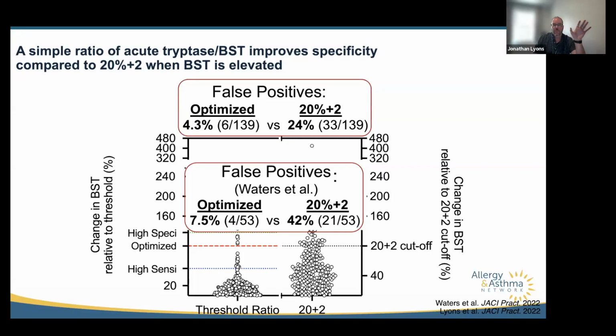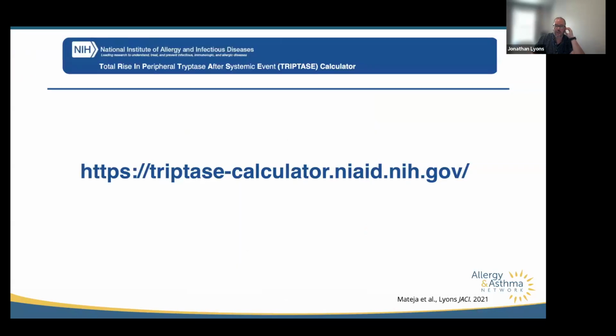While the 20% plus 2 works great if you have someone with a normal tryptase level, around 4 to 5, in fact, 20% plus 2 and 1.685 are exactly the same for a level of about 4.6, which is roughly the median level in the general population who doesn't have HAT. It falls apart when you have a patient with a high tryptase. So if you have a patient with HAT or clonal mast cell disease, we would recommend using the ratio. I think this has been relatively well established across groups and is being recommended by consensus statements now as well.